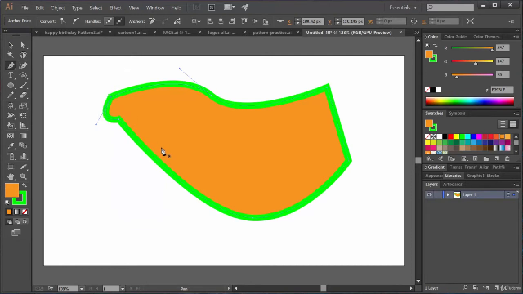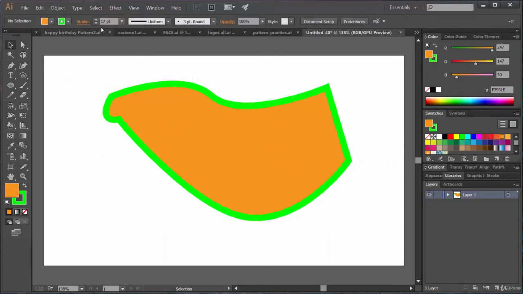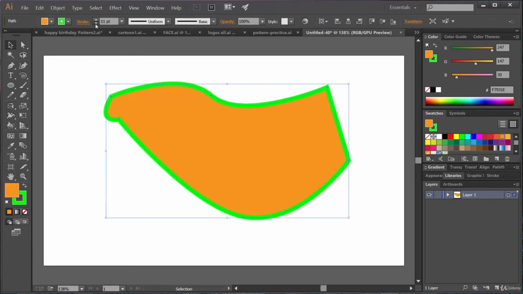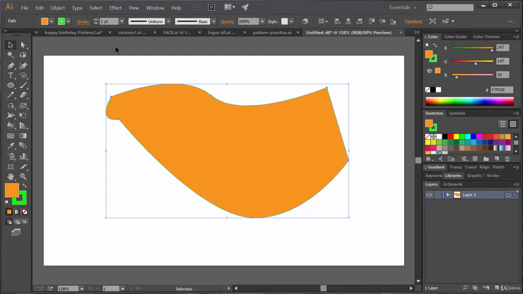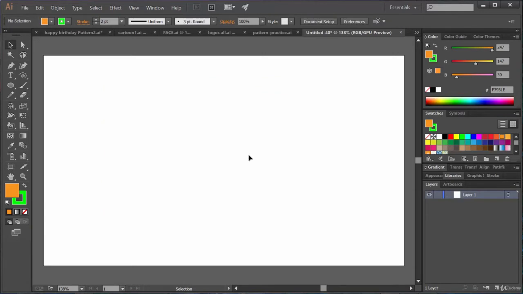See, just like this. And I know it's looking horrible with this thick stroke and all. Let me reduce it. Let's make it 2 points only. So this is how we can create a curve. Let's again do that, right? So click at a point and let's start dragging at the first point only. Yes, from our first point only we can create a curve.